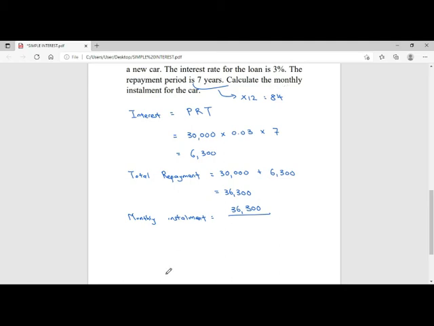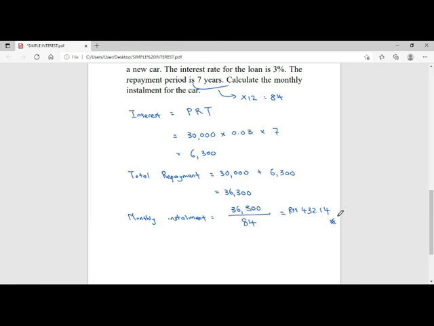So next, divide by 84. And that's how we can get the final answer for the car installment. So the monthly installment will be around RM 432.14. So bear in mind that the calculation here is without considering any management fee, without considering any extra